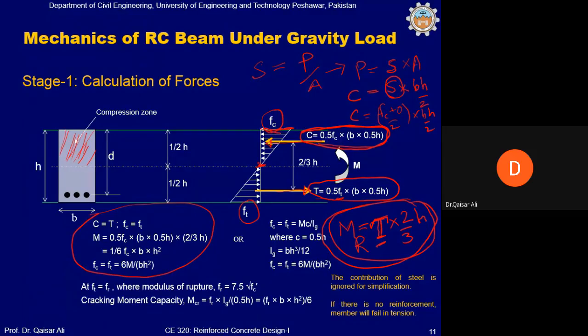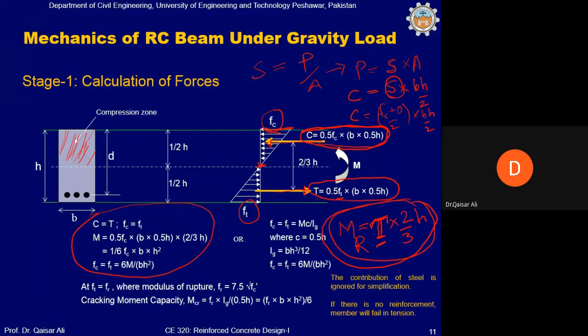Bending moment is produced by bending of the beam. When the beam is subjected to load P, the bending moment M, which is in the form of demand, equal to PL/4, is produced. And this bending moment M equal to PL/4 shall be resisted by the beam internally. And when we look into the mechanics of the beam internally, this MR equal to T into 2/3H is that internal resisting bending moment, which must be greater than the demand bending moment